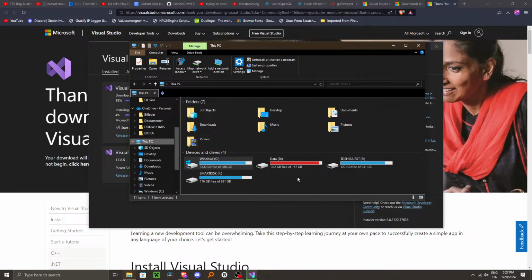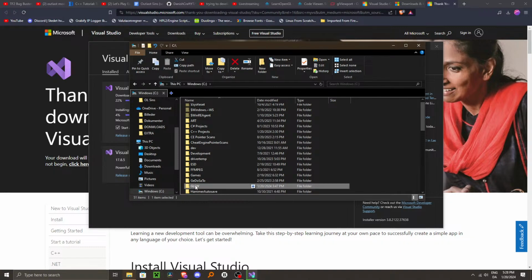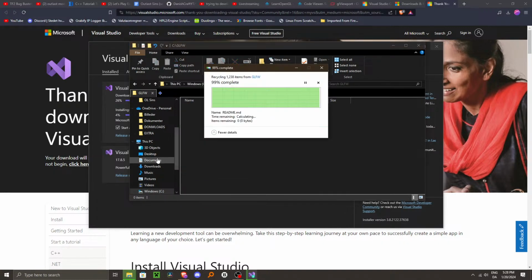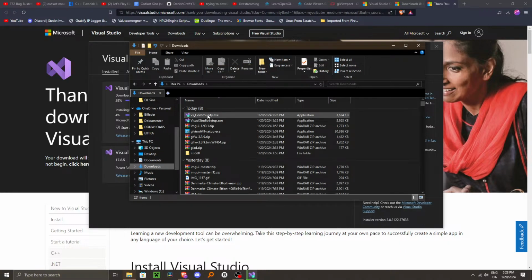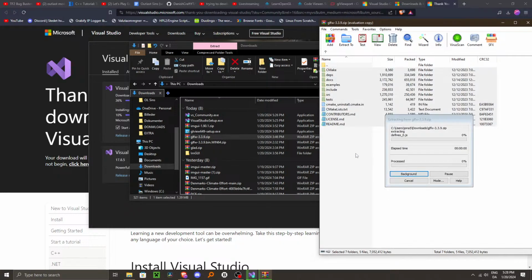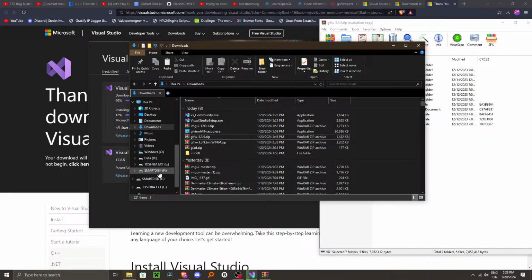GLFW. Let's go clear that out. Because I've heard that GLFW does not like when you build it with Visual Studio 2022. I've heard there's some issues with it, so rebuilding it without Visual Studio 2022 makes a lot of sense. Using Visual Studio 2019 makes sense, so yeah. So let's just go,